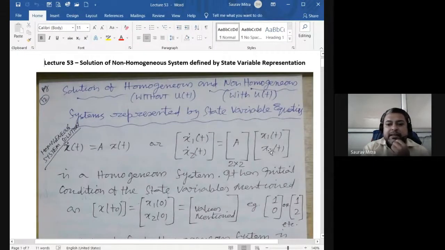The way I'm writing it, in no books you will be finding it like this, because books write more technically, but I'm writing the way students would like to understand. When I was a student, I was taught state variable and it was not taught properly. Generally everybody follows the books, but there are some notations which students miss. So I'm writing as vividly as possible so that you can understand things. So it's a homogeneous system equation, x dot t is equal to axt, which can also be given as x1 dot t, x2 dot t.